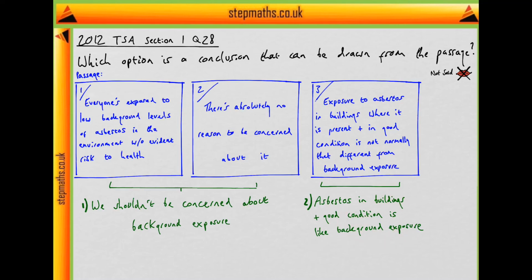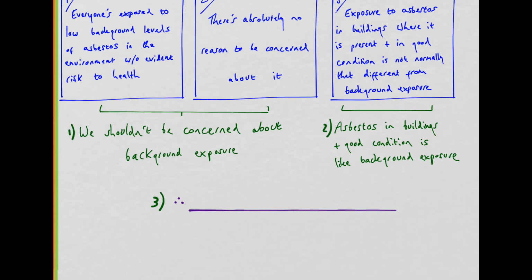So we have to draw a conclusion from these two statements. So what do you think is going to follow from the two statements? First, that we shouldn't be concerned about background exposure, and second, that asbestos in buildings in good conditions is like background exposure. Well, what seems to follow is that we shouldn't be concerned with asbestos which is in buildings and which is in good condition. So now we're going to take a look at some options to see if there's an option